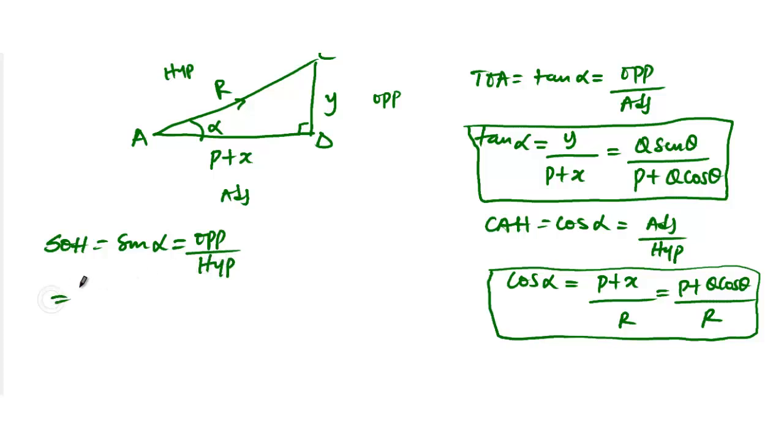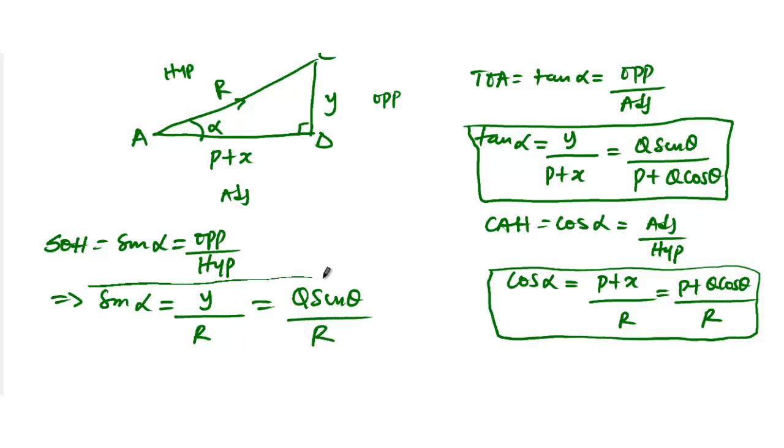So I can say that sine alpha will now be, what is opposite? That is Y over R. And what is Y? Y in this case is Q sine theta over R. So this one is actually useful when you know the value of the